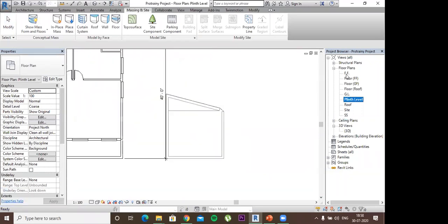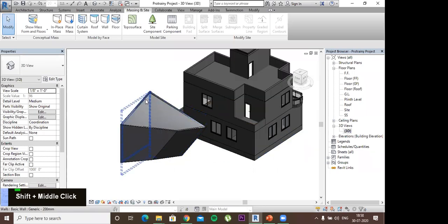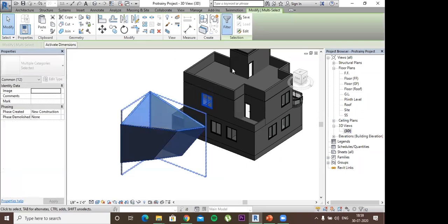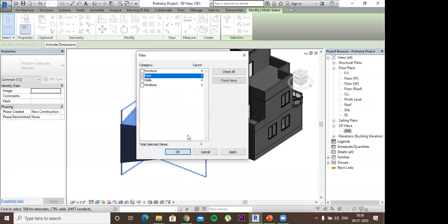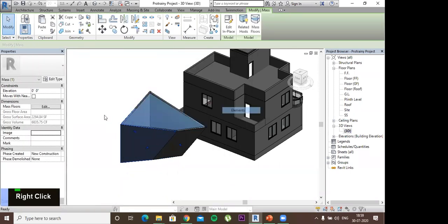After creating the walls, if you don't want the mass to be visible, or any component, you can select the mass. For that you have to select the whole thing, go to the filter, check none, go to the mass, apply, and OK. Now only the mass is selected, right click, hide it in the view.